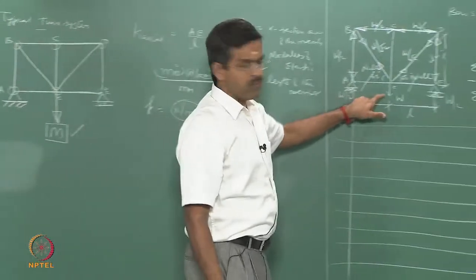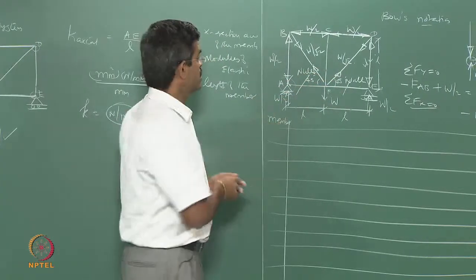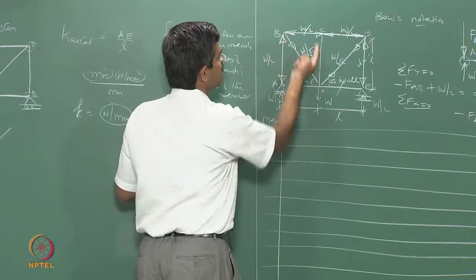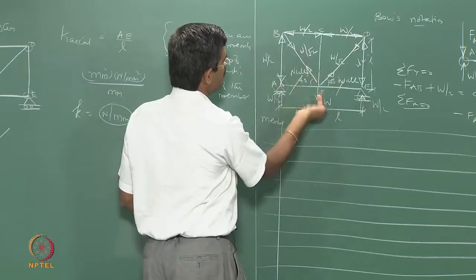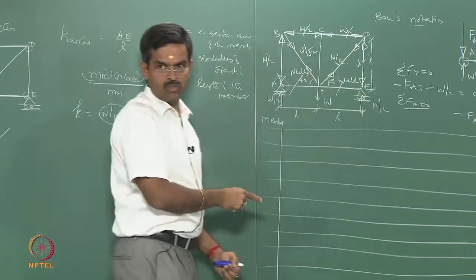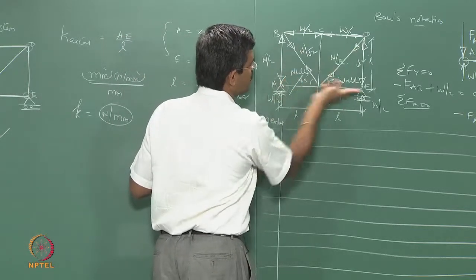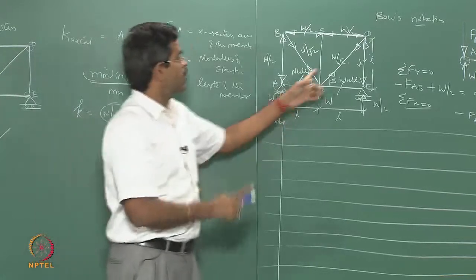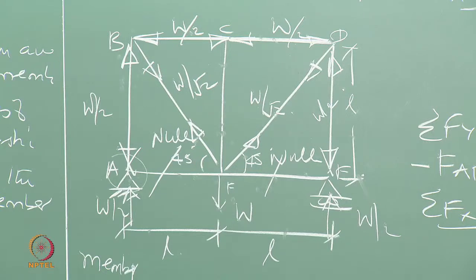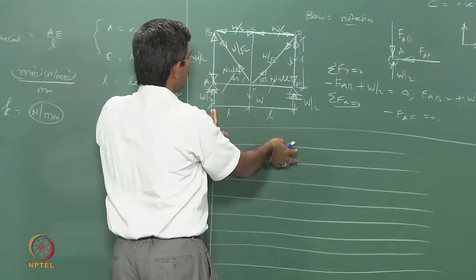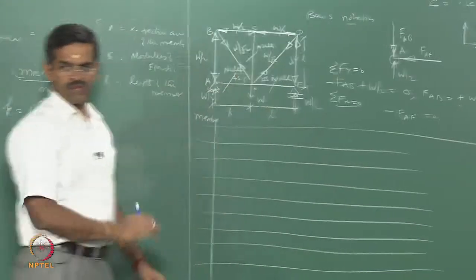Now, I can pick up joint F or node F. There are 5 members: 1, 2, 3, 4, 5. I can read the members FA, FB, FC, FD, FE using Bow's notation, reading clockwise. Out of these, FA, FB, FD and FE are known to me. There is only one unknown here, so I can easily solve. So, what is this value? It appears that these 2 will resolve and cancel, these 2 will resolve and equate. So, this also becomes a null member for this arrangement.